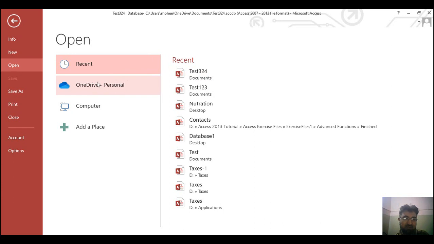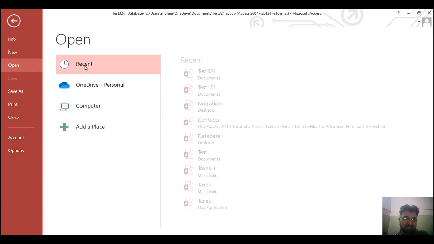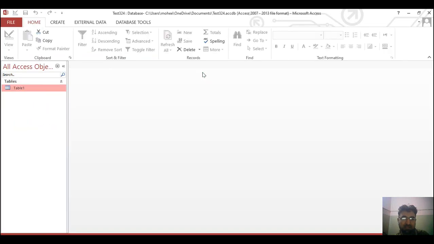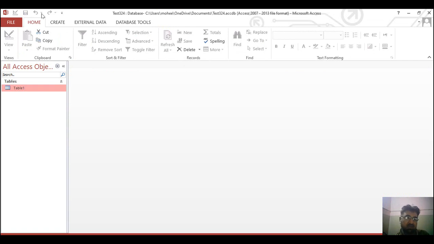We can open a file from OneDrive personal, we can open a file from our computer, we can see it in the recent files, or we can add a place. So look at this. When I click this test table 234, it is also a table, and which is here, you can see it.